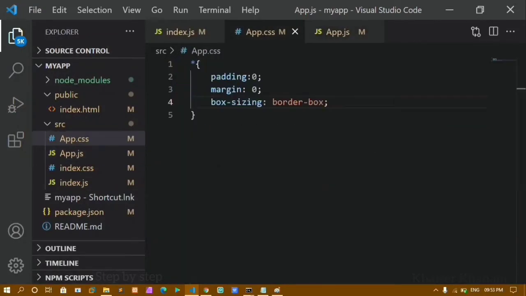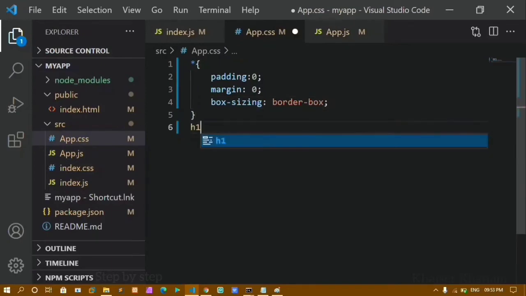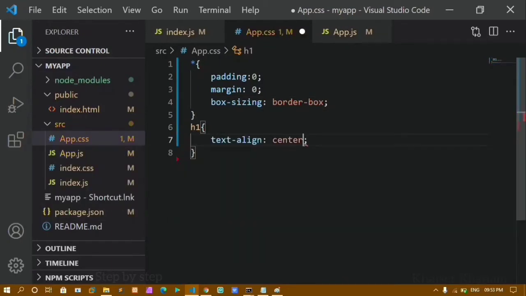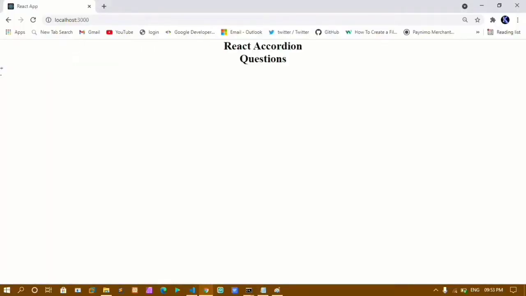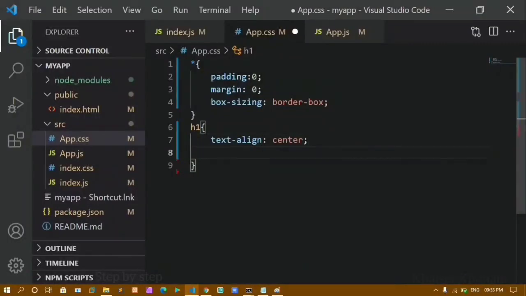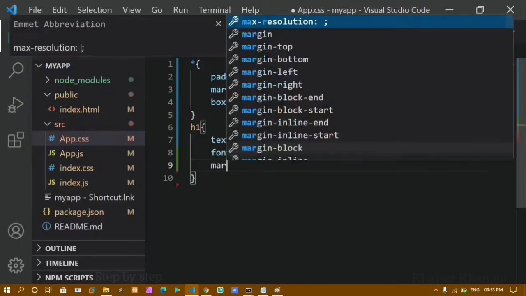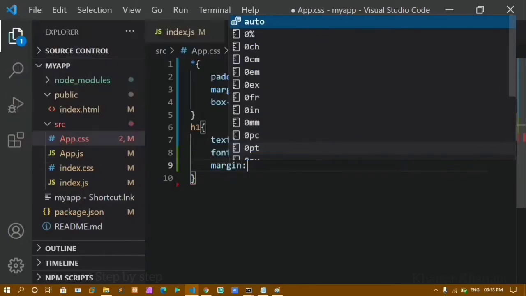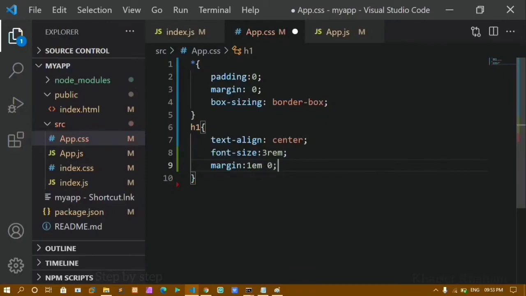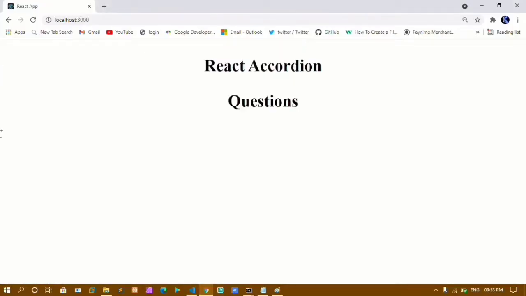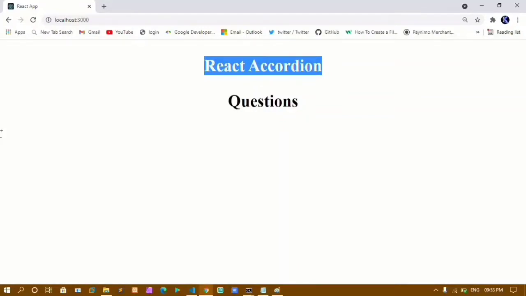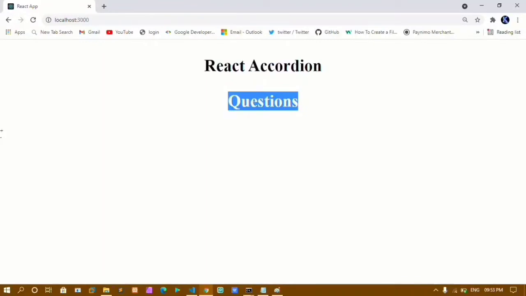Now next I have this h1, I'll be styling h1 here. For h1, first I'll be giving text align. Text align I'll give center. If I show you the output, you can see my text has come in the middle. Now for this I'll just give the font size. Font size, I'll increase it to 3 rem, and also I'll give the margin. Margin from top and bottom I'll give 1 em, and left and right I'll give 0. I'll save this, and now if I refresh this, you can see my heading font size has been increased and I got a margin of 1 em on top and bottom. Okay, this is also h1, so I'm getting the same styles, but later on I'm going to change these styles.